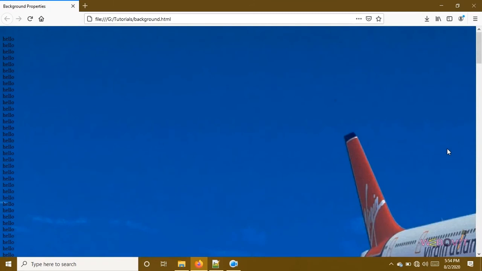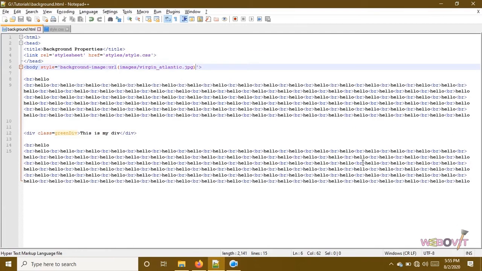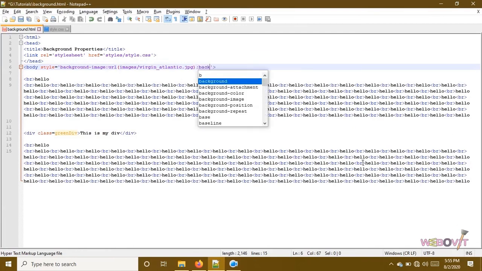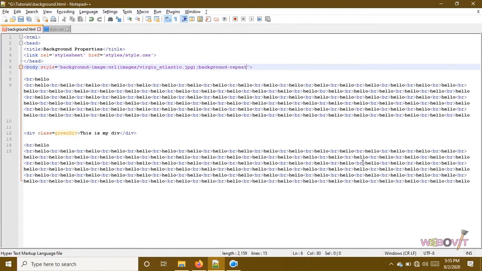So same as for the div, we will use the same steps for the body. We don't want it to be repeated, we want it to be covered to the full screen. So background repeat, we don't want it to get repeated, no repeat.